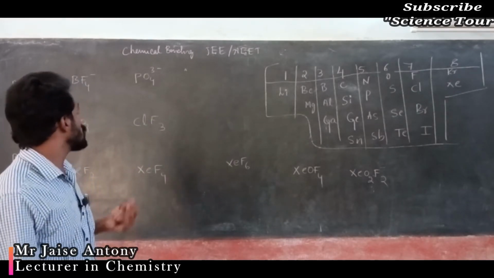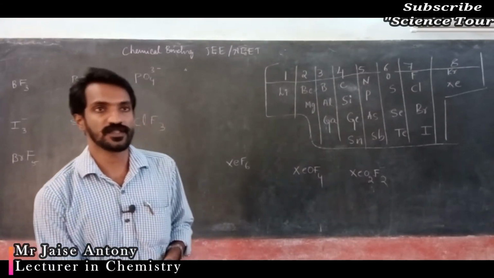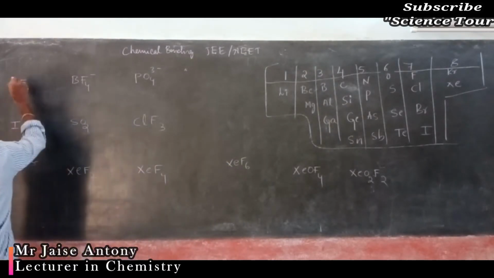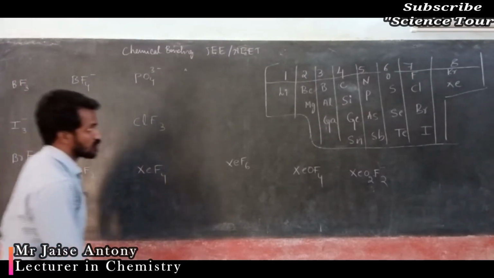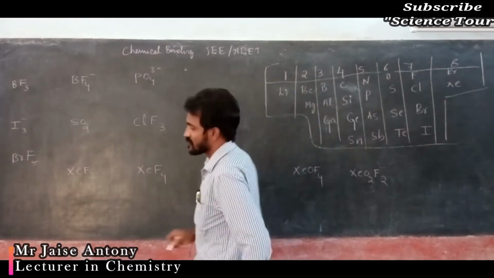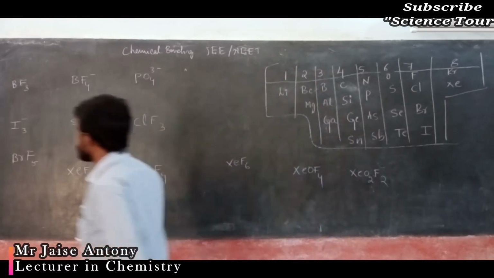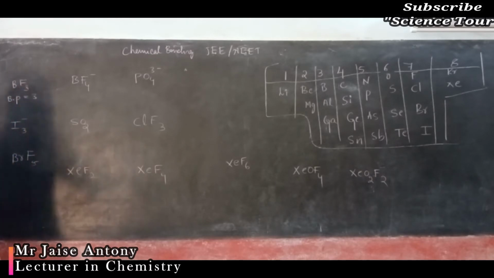My dear students, how do we find the number of lone pair and bond pair electrons present? Very important thing. First we will take BF3. B, boron. Boron has 3 valency electrons. Look at this, my dear students. Boron's 3 valency electrons form 3 bonds with the 3 fluorine atoms. So bond pair is 3. Is there any electron left? No, only 3 valency electrons are there.